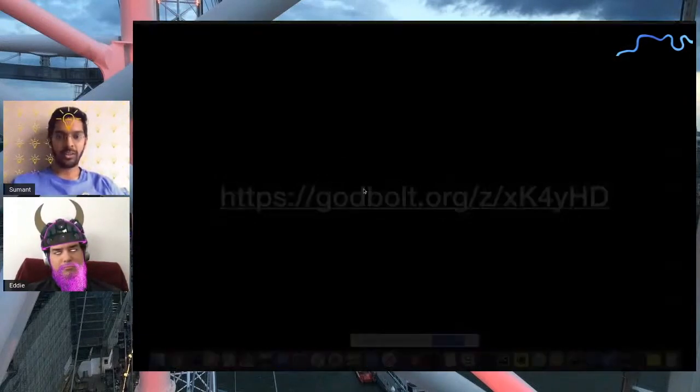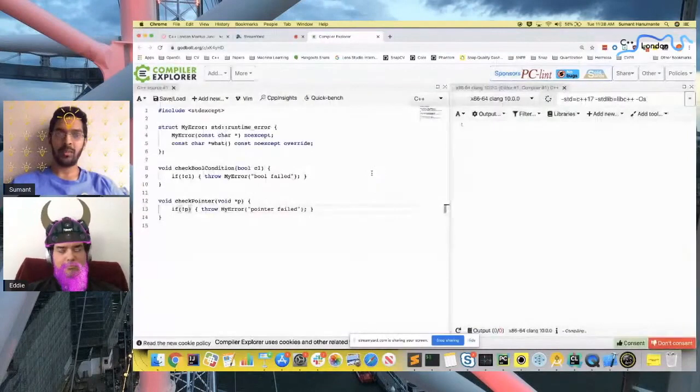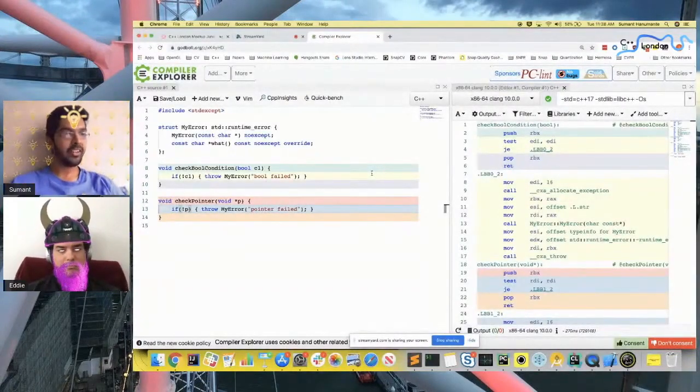So let's take a look at this in Godbolt, in assembly, which I feel is much easier to understand in terms of what's happening. What we have here on the left is basically two